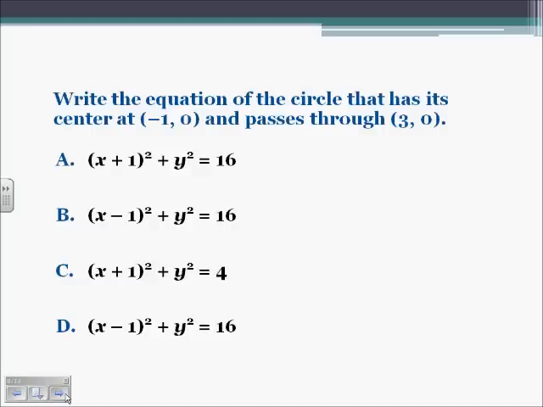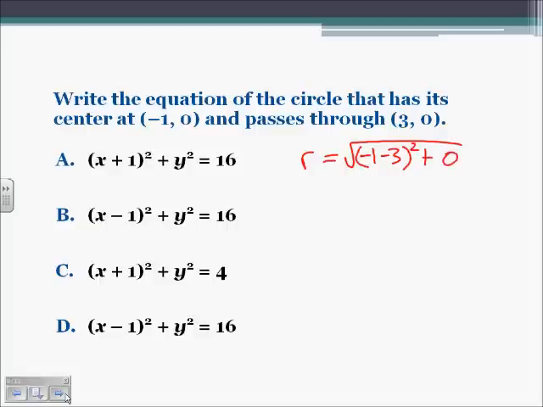Write the equation of the circle that has its center at (-1, 0) and passes through (3, 0). Same thing we did before. We need to find the radius. We know our radius is going to be the distance from the center to the point on the circle. So our radius is going to equal the square root of (-1 - 3) squared plus (0 - 0) squared,